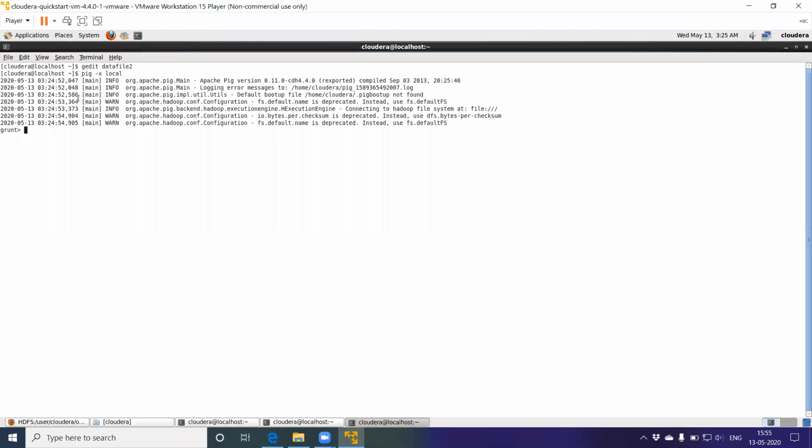Our first command, let us try learning how to load the data from HDFS into a Pig bag. So the command is a bag name.